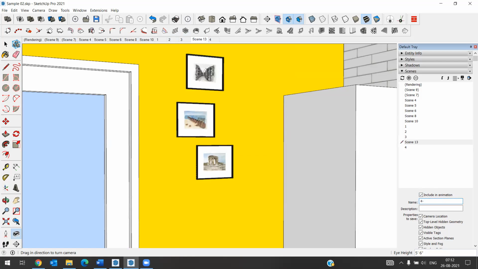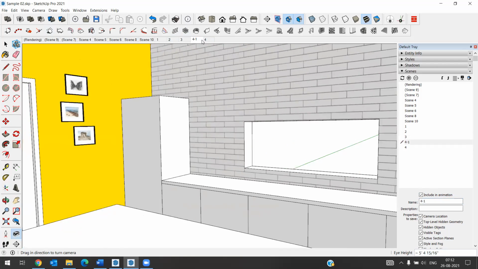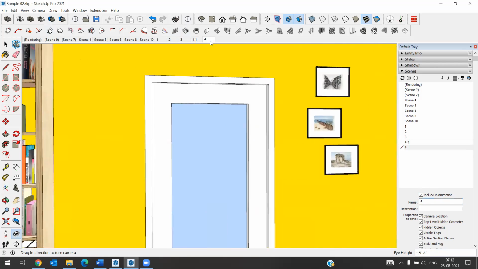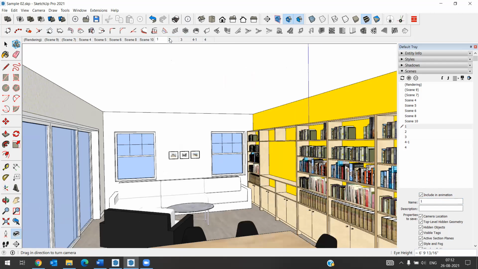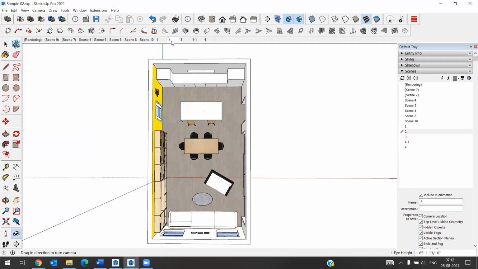Okay, scene 4, 1, 3, 4, 4. Like this, you can make some animation.